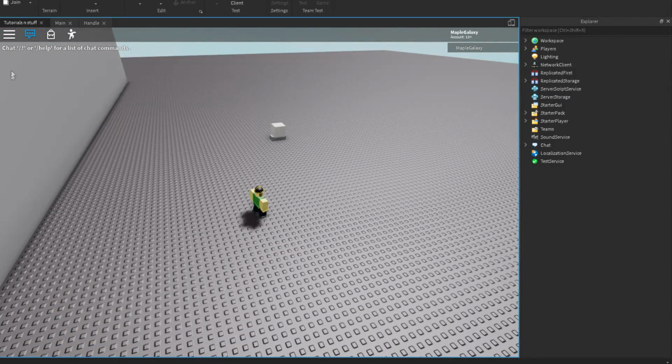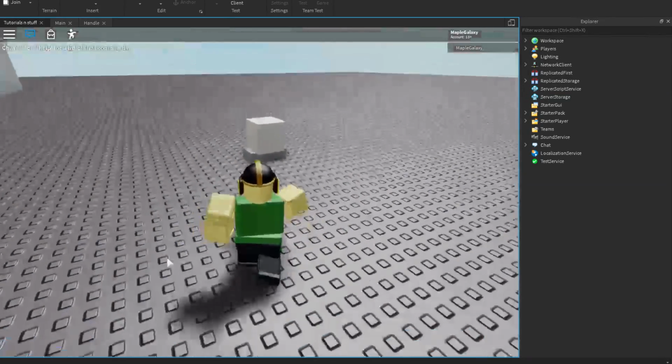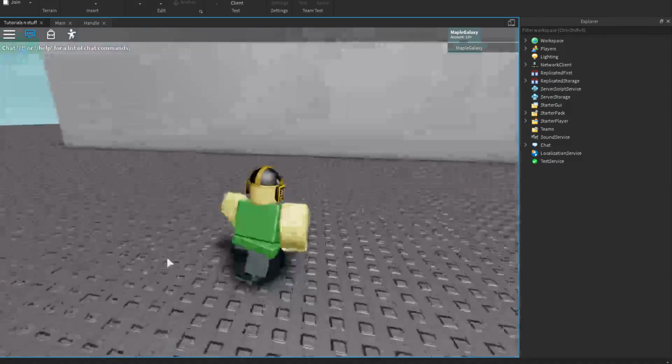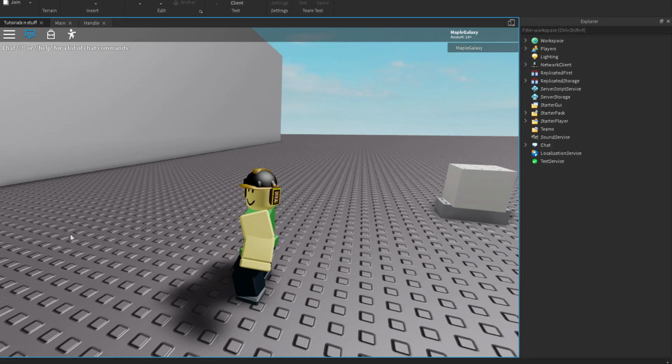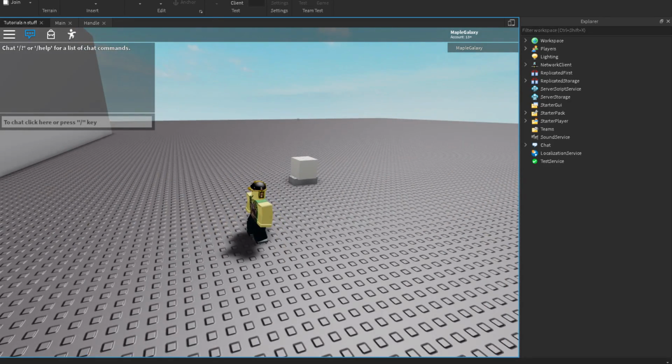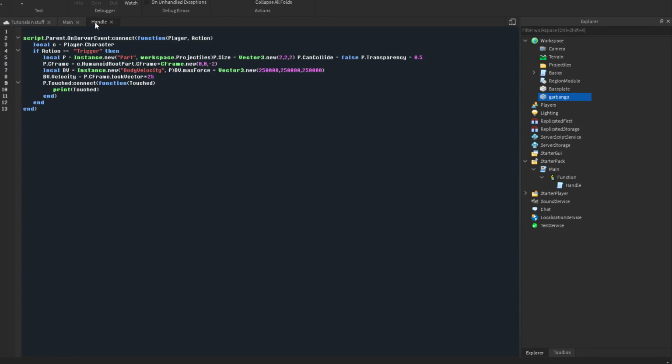Don't worry about all this. This is what happens when it touches a player. Okay, no, it just happens because. Alright, now it's just happening. I don't like that. Alright. So now that we have the part it's touched,